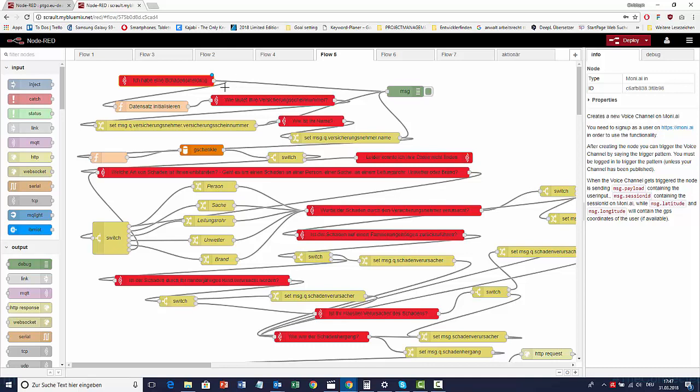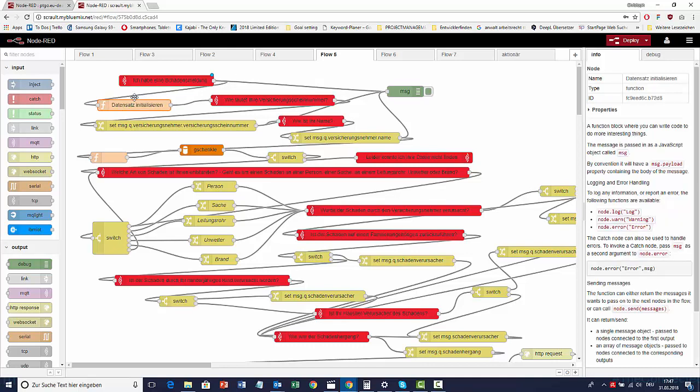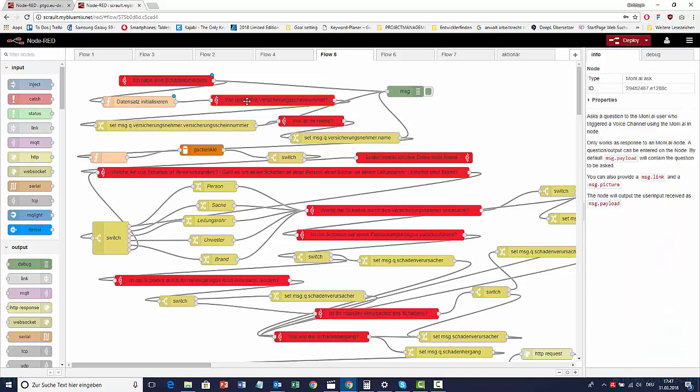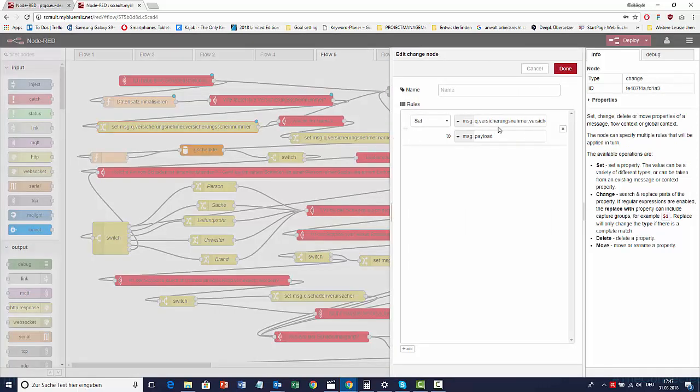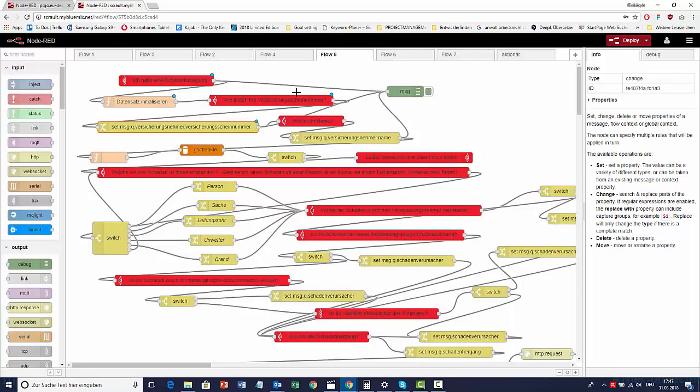What then happens is that the customer database gets initiated, and then Moni asks, "What is your insurance number?" Then it checks in a database, for example, for the insurance number, and then asks for the name of the insured person and checks the database.